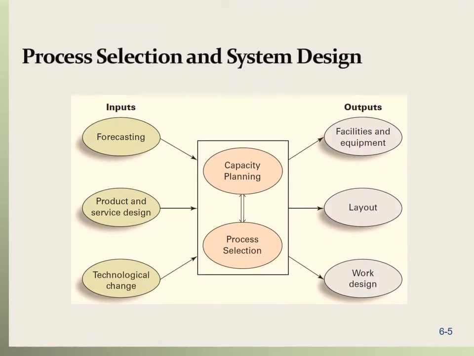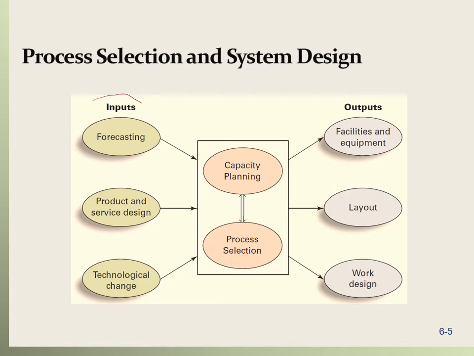Process selection and its impact on system design. Here you can see an overview of how process selection and capacity planning fit into system design. Forecast, product and service design, and technological considerations all influence capacity planning and process selection. Moreover, capacity and process selections are interrelated and are often done in concert. So as you can see here,